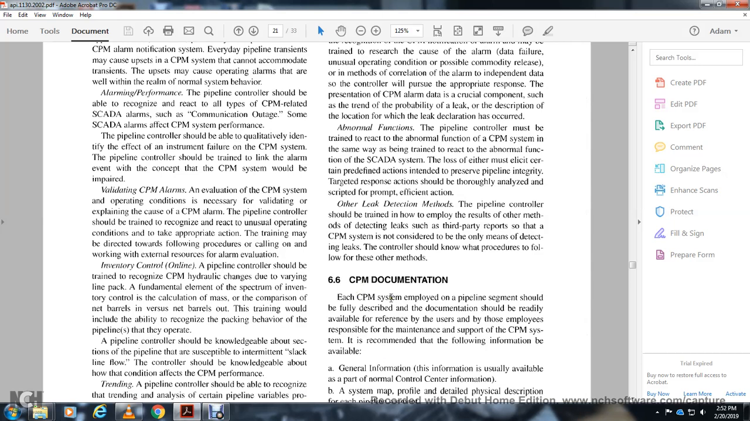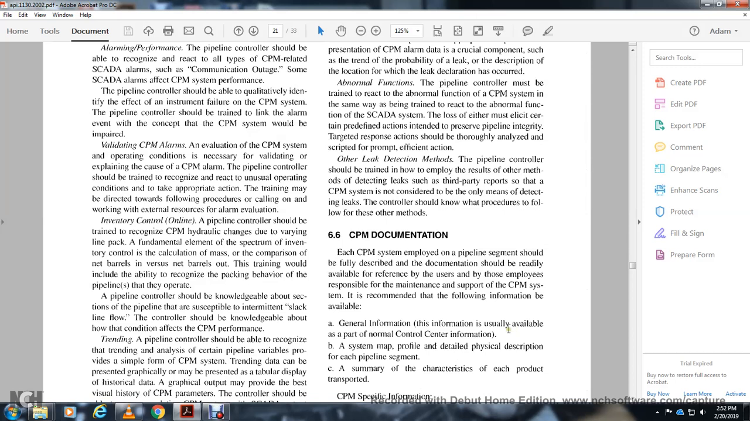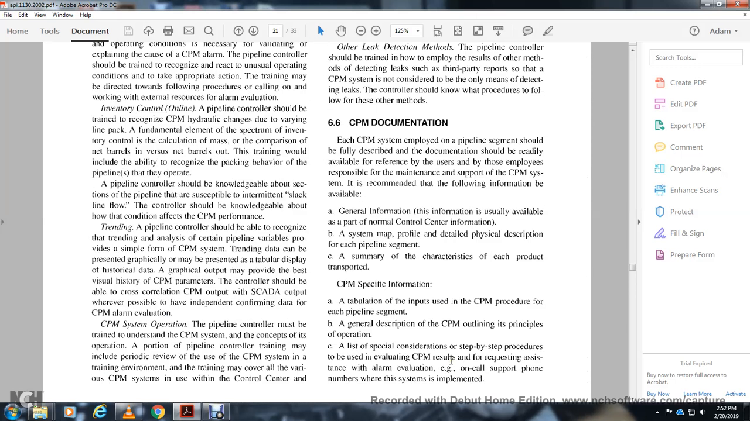Each of the computational pipeline monitoring systems employed on a pipeline segment should be fully described in documentation readily available to the user and to those responsible for maintenance and support of the system. The following information is recommended to be available: general information usable for the normal control center, information system mapping, profile, detailed physical description of each pipeline segment, summary of the characteristics of each of the pipe products transported, CPM-specific information, tabulation of inputs of the CPM for each pipeline segment, the general description of the CPM outline, principle of operation, list of special considerations, and step-by-step procedure